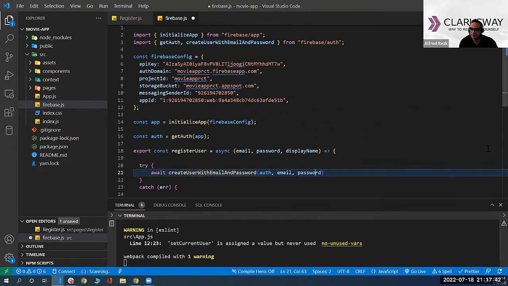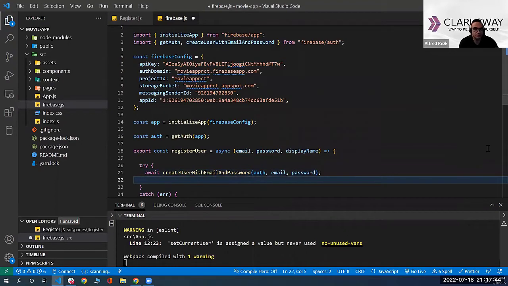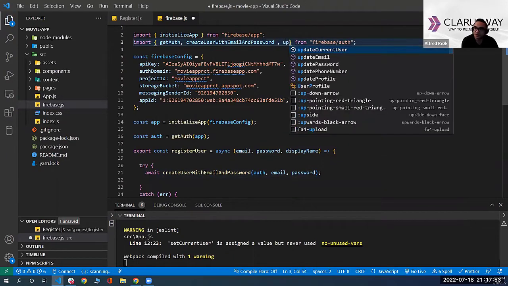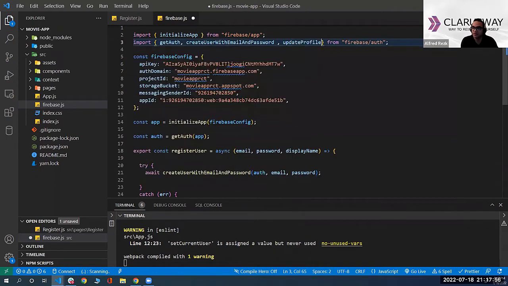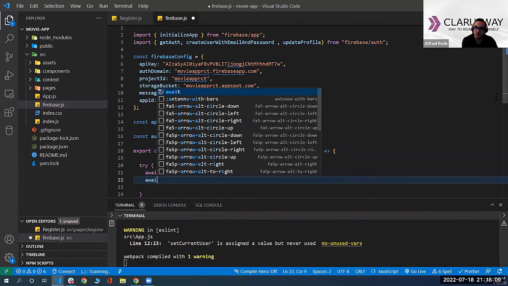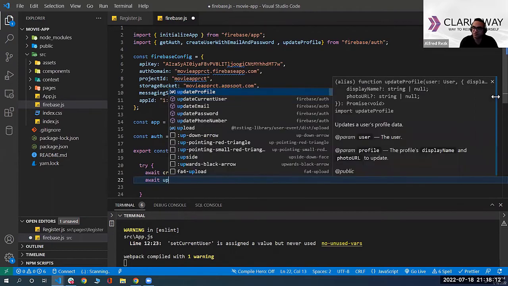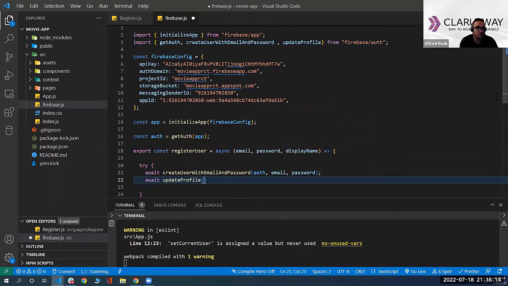Next, we want to update the user profile. It's not in the documentation, but there is another function that you can get from Firebase, which is called update profile. It's like you can update the user profile with an image, display name, anything you want. Okay, so I want to update his profile with the name that you sent here. So it's also an asynchronous operation. So await update profile, and update profile